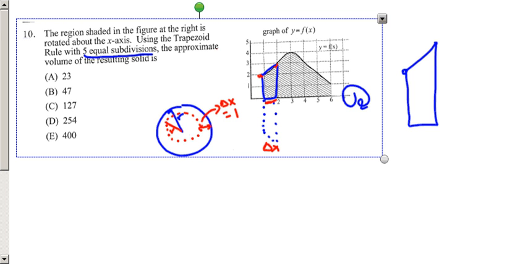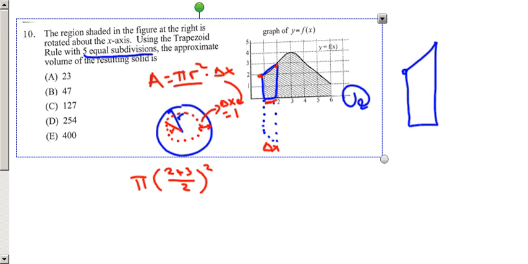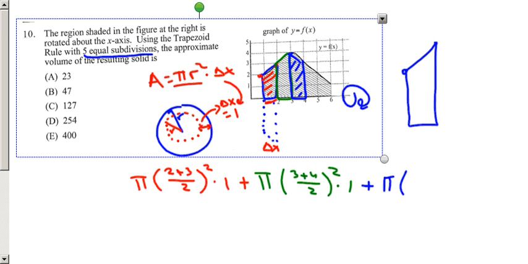So, from 1 to 2, again we're using volume equals pi r squared times our delta x, where our delta x, again, is 1. So for the first one, we're going to have pi times r squared, where r is the average r, so (2 plus 3 over 2) squared times 1, plus, so that's doing this. And then to find this one, we're going to have pi times (3 plus 4 over 2) squared times 1, plus, so now you probably see what's going on, pi times (4 plus 3 over 2) squared times 1,